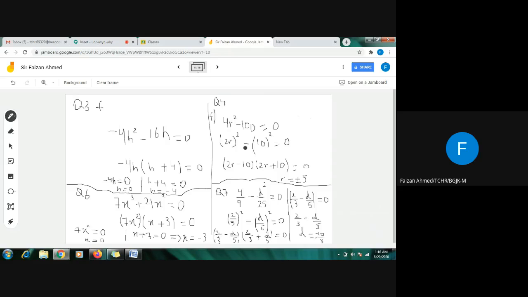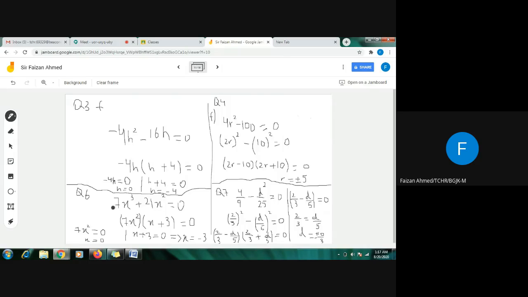Both of the methods will give the same answer. This is the whole square of 2r, minus sign, and 100 is a square of 10. Since this is the third identity, I will write it first as negative 2r minus 10, and then again as positive 2r plus 10 equals 0. Now I have factorized this question. Now I will put the brackets one by one equal to 0, and I will solve for the value of r, which is coming out to be plus minus 5. So you have to complete the remaining steps.